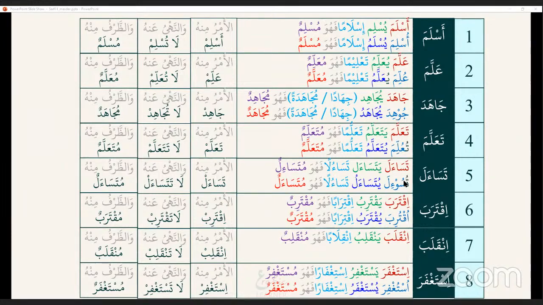انقلب ينقلب انقلابا فهو منقلب، الأمر منه انقلب والنهي عنه لا تنقلب والظرف منه منقلب. Though there is no ism maf'ul for this, there is zarf for it. استغفر يستغفر استغفارا فهو مستغفر، الأمر منه استغفر والنهي عنه لا تستغفر والظرف منه مستغفر. Now comes the topic of